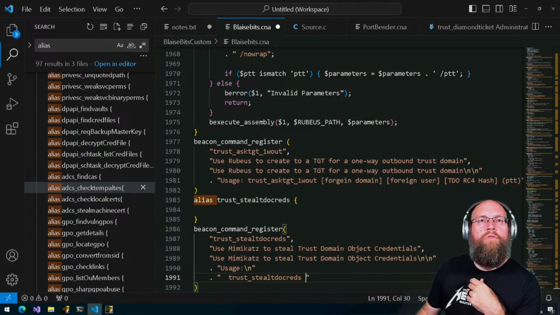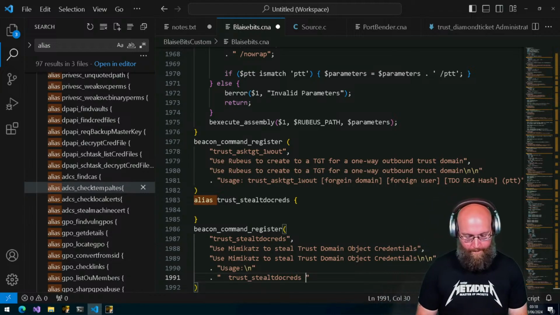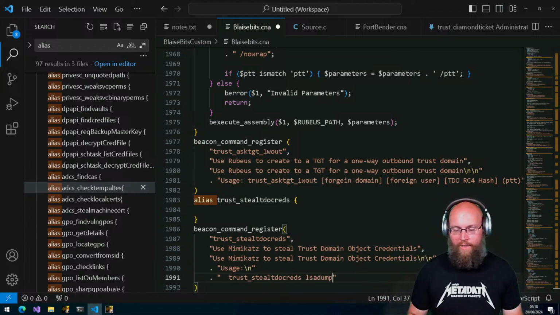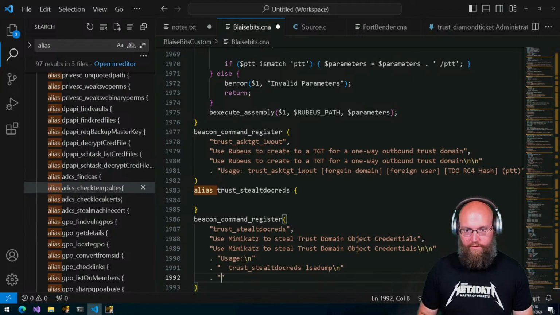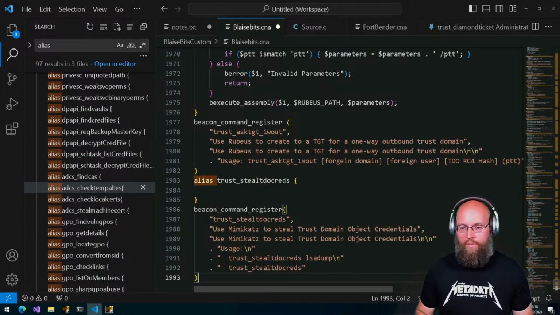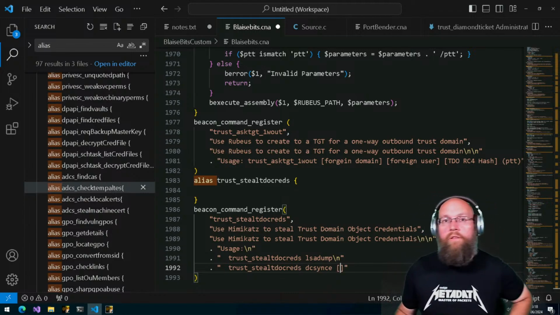We could use LSA dump. We could use the LSA dump option, and in that case we can just run it. But then we have another option here. What we can do now is also do DCSync, and for that one what we're going to need is